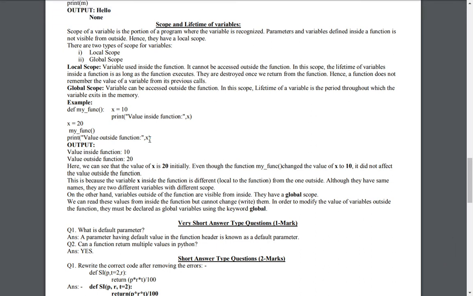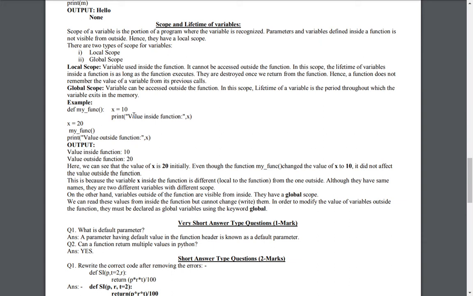So there are two values. One value was given inside the function and one value was provided outside the function. When you run this code, the output would be value inside the function is 10 and value outside the function is 20. So there are two types of variables.